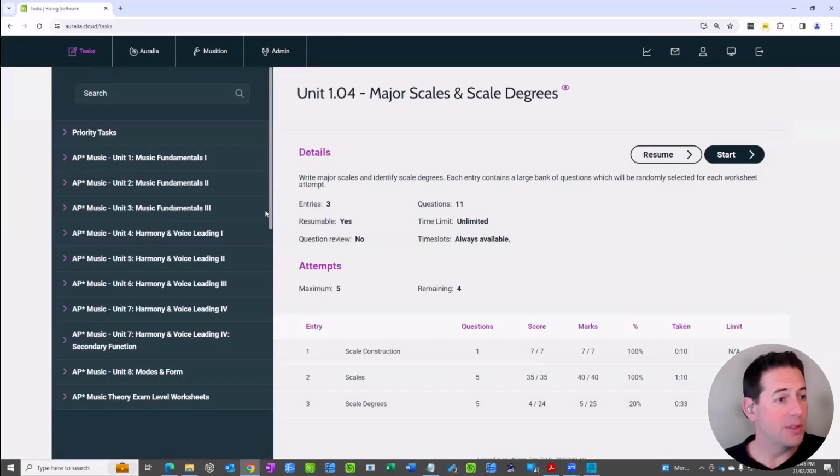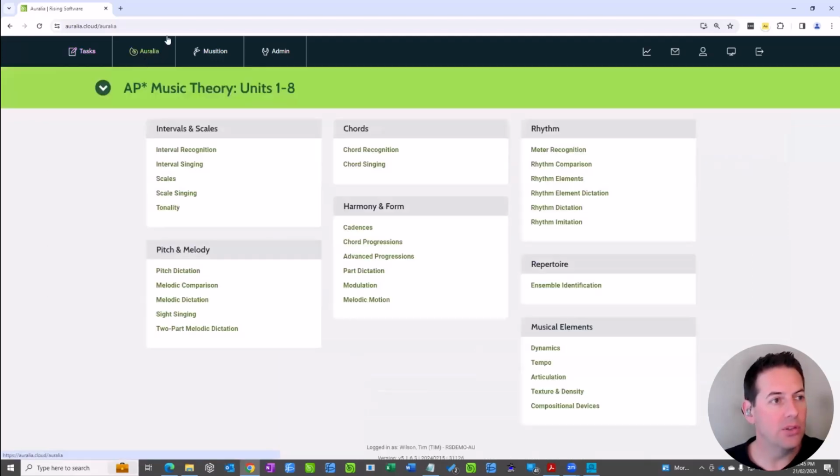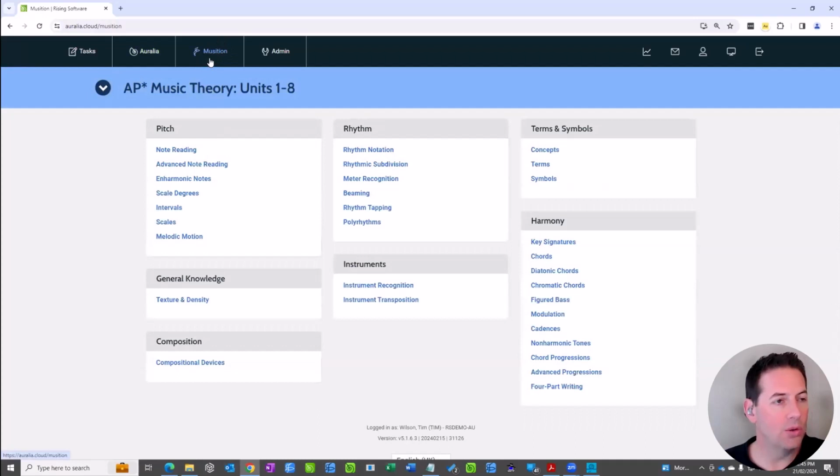So there is loads to explore in there, as I mentioned, covering all those key areas. These are curated worksheets that you can choose to assign to your students or not assign. If you want your students to have a little bit more free range control over how they practice these materials, you can also let them loose in the practice areas here. So under Auralia, we have all the related ear training elements, and under Musician, all the related theory